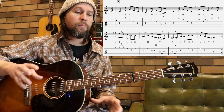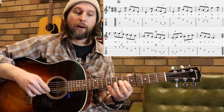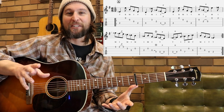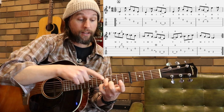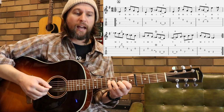Now this measure here, measure 6, is really interesting. What we're going to find here is perhaps you go thumb, finger, thumb. You can use fingers if you like. It really doesn't matter. I'm going to stop mentioning that because you can just follow along there. But what we're doing here is going to tap in on that third finger there on fret 4. So we're just tapping in the left hand. So we're going to have...